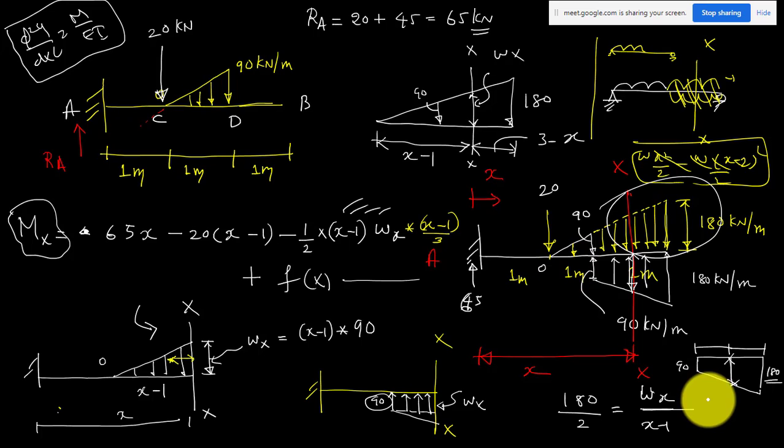This is the procedure to solve any problem. Sir, I was confused about how to solve that uniformly varying load out of 90 kilonewton per meter. Okay, that is what I explained. So we have to make the loading continuous like this. After that, you know how to write the moment equation for a triangular load, right? You must be knowing how to write the moment equation for a trapezoidal load.